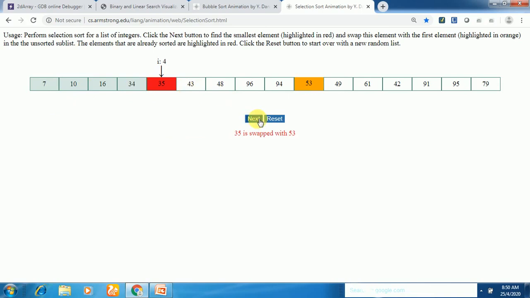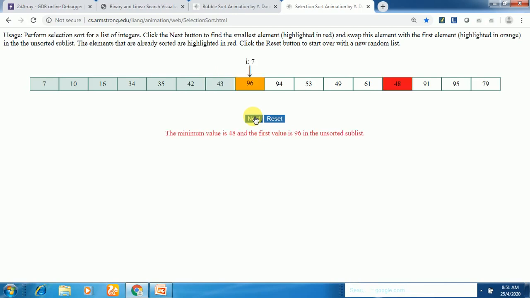From the remaining elements, the next smallest is 42, and 42 is less than 43. Swap these two, and elements up to 42 are sorted. From the remaining elements, the smallest element is 43 and swapping is done.